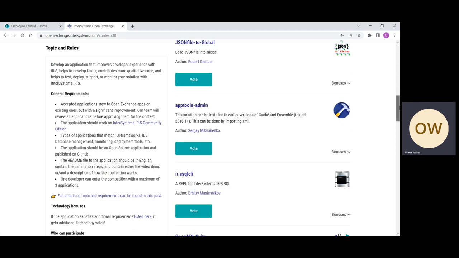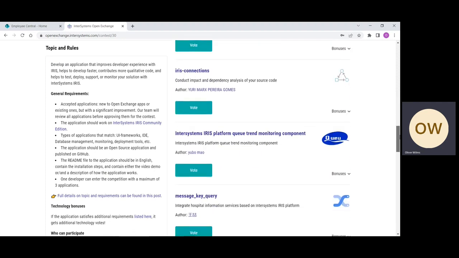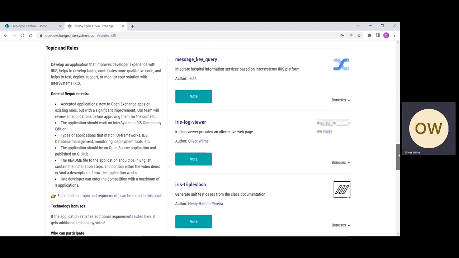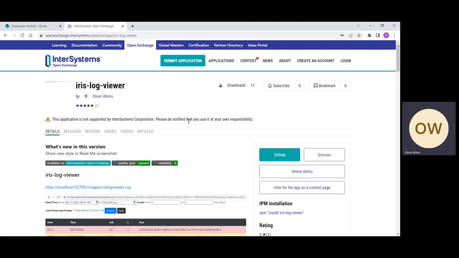And I'm looking for my app, which is over here, Iris Log Viewer. Click on this, and there is an online demo available. So I want to show this. Click on online demo,